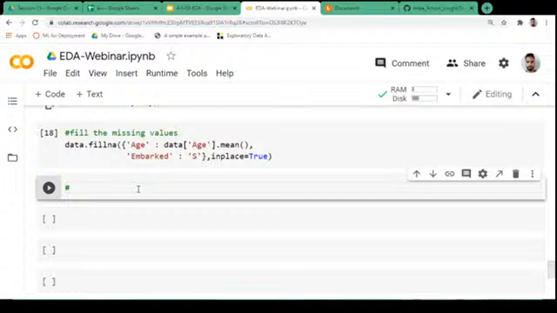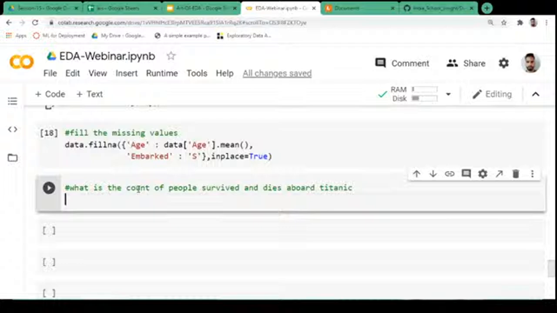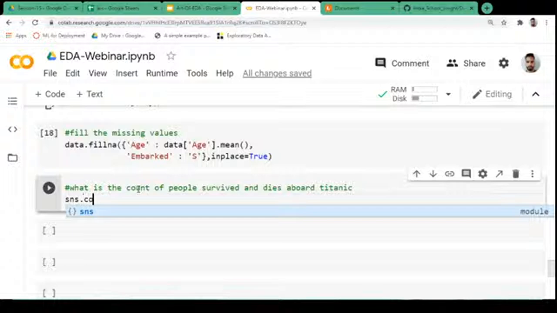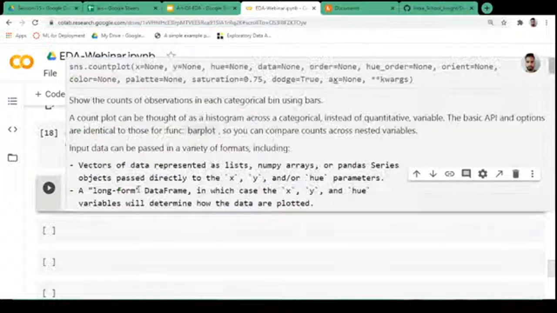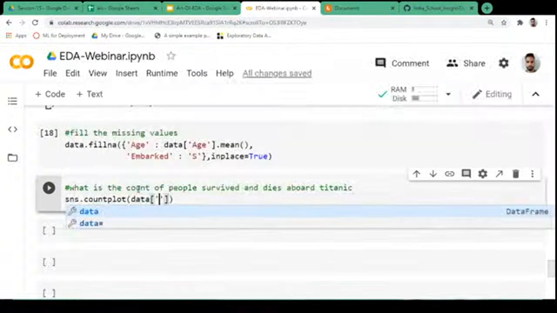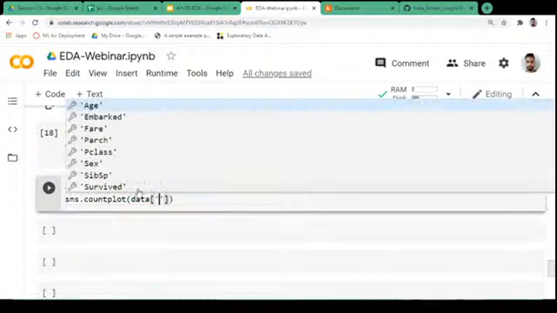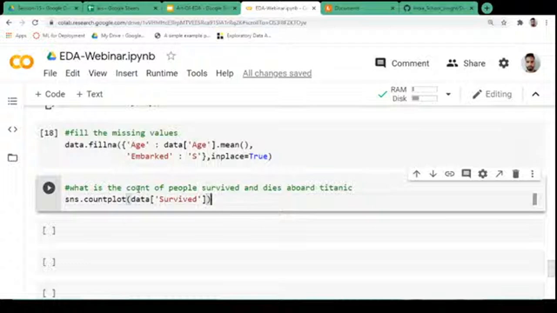So the first question we may ask is what is the count of people who survived and died aboard the Titanic. All right, and to do that, all you have to do is use the Seaborn package. So we have to write sns dot countplot. It is going to give you the count with bars, and here I'm going to give data, and here it is going to be my survived. All right, and if I run this,